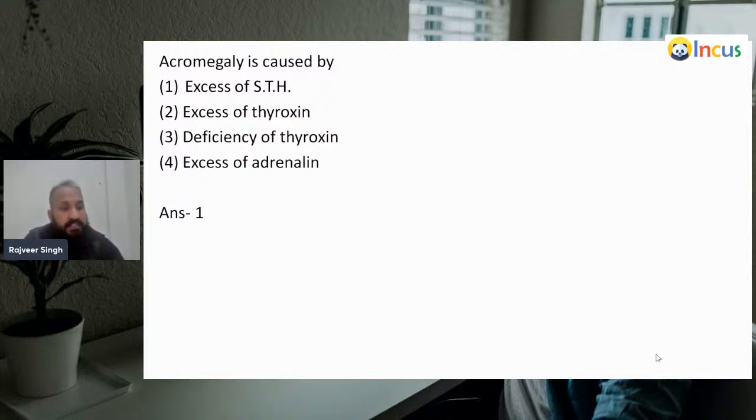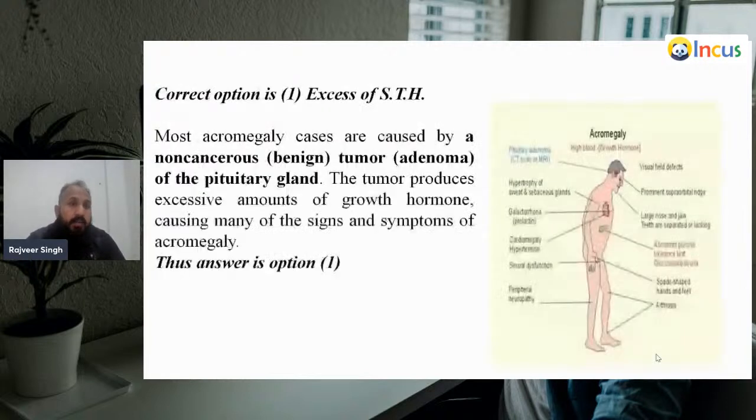Next one, again a very important question. Acromegaly is caused by what? Excess of STH, excess of thyroxine, deficiency of thyroxine, excess of adrenaline. I think maximum students are thinking thyroxine is the right answer, but it is not. Acromegaly, we know, is the excess, advanced form of growth, and that is why the excess of STH is the right answer for acromegaly because